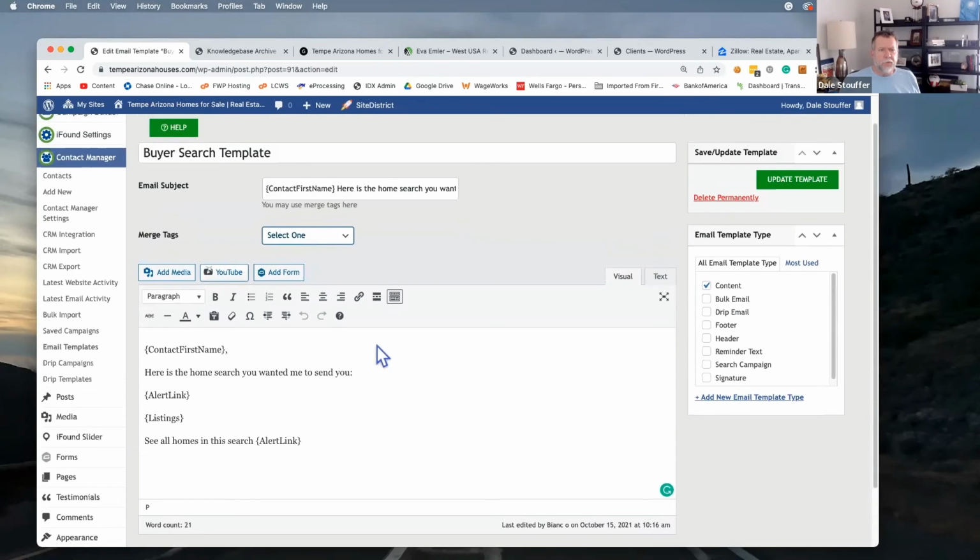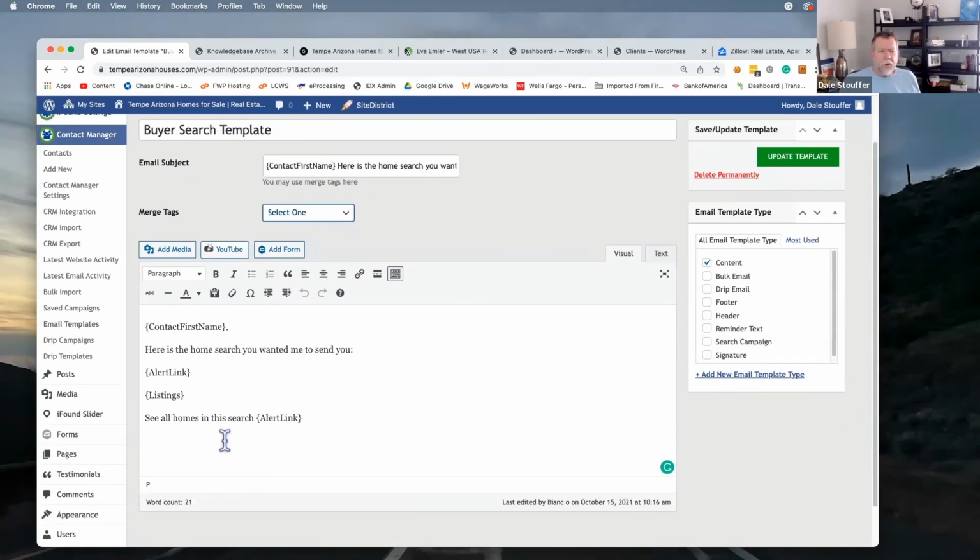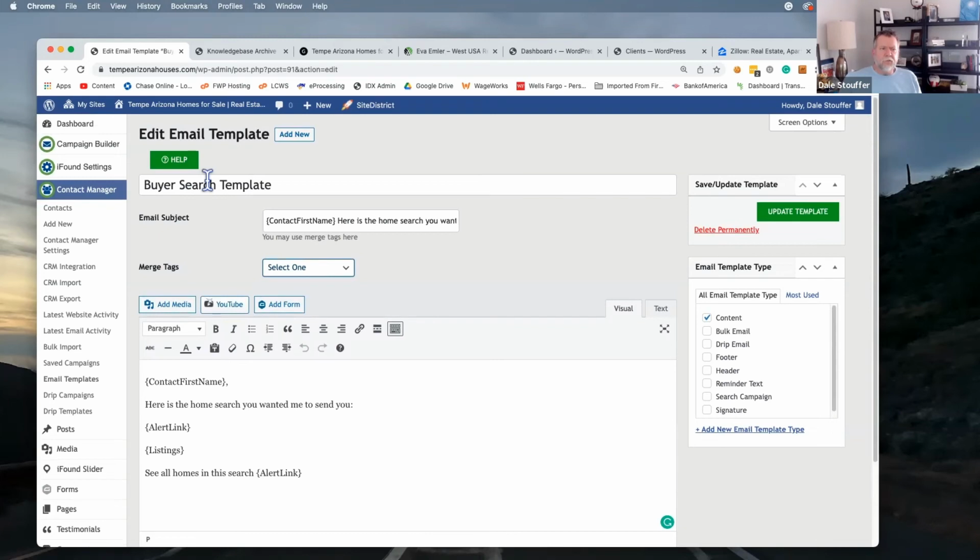For the email templates, for the homeowner campaign, the buyer search template, notice I don't have a signature. It's because when we build a campaign, the system grabs your header, grabs the content, which is this email template, and it puts in the signature, and it puts in the footer. So there's 4 parts that build the email that goes out to the customer. You don't have to fiddle with any of that once you go through and set up your admin the first time. Okay, so that is how you edit email templates for the buyer search template and the homeowner campaign template